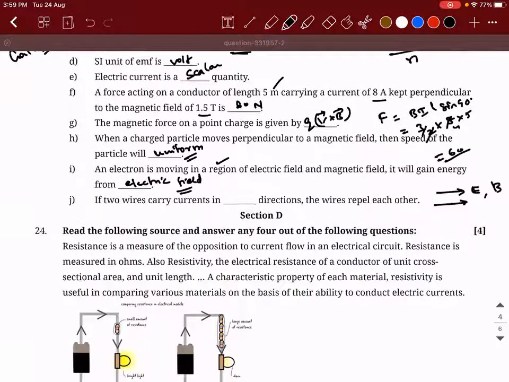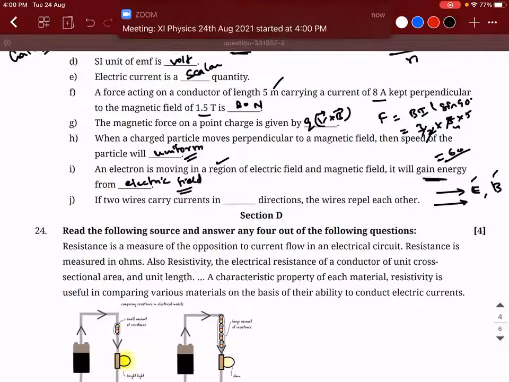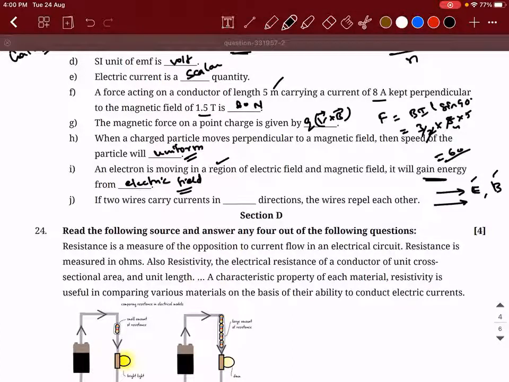That depends. Suppose you take different combinations and see if the electric field and magnetic field are parallel to each other, it will gain energy. The meaning of gaining energy is its velocity increasing, kinetic energy will increase. That will happen only due to the electric field, because in whichever direction you project the charged particle, electric field will always accelerate the charged particle. That is the reason why it is electric field, correct only. But your explanation is wrong.